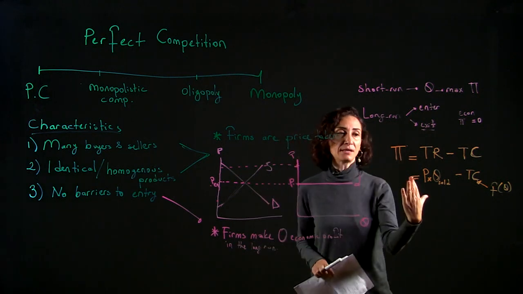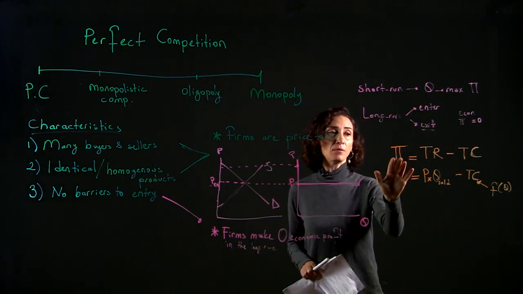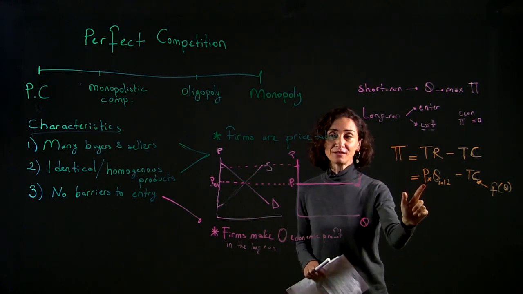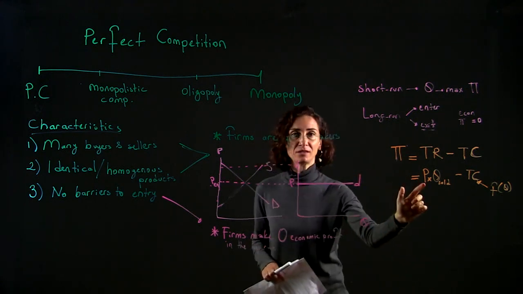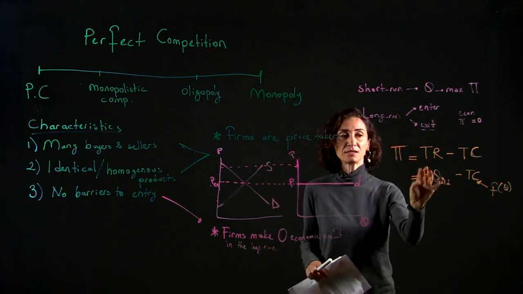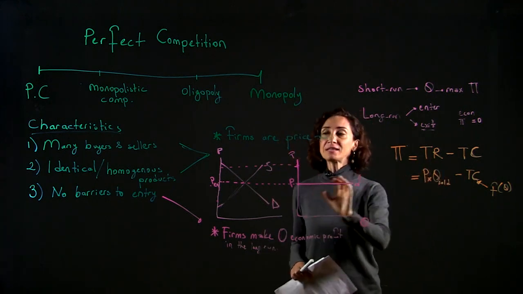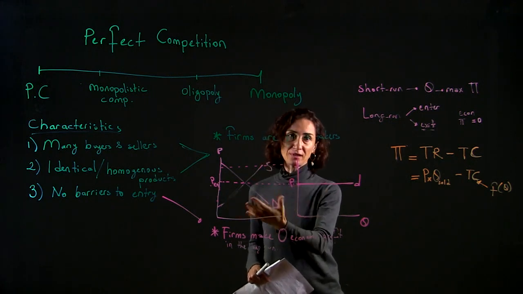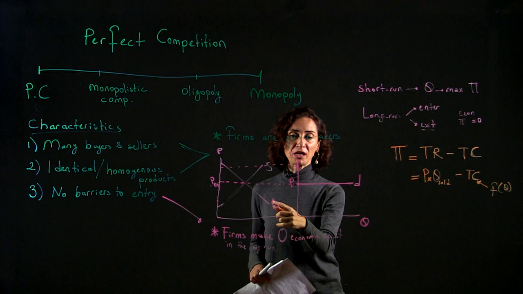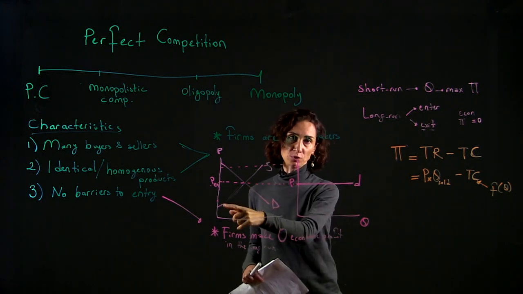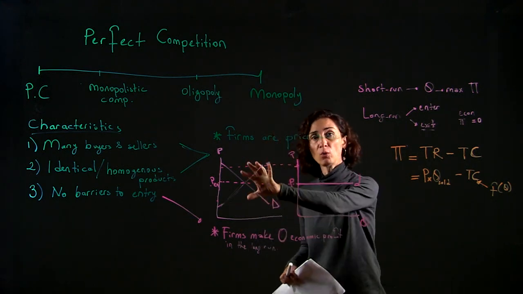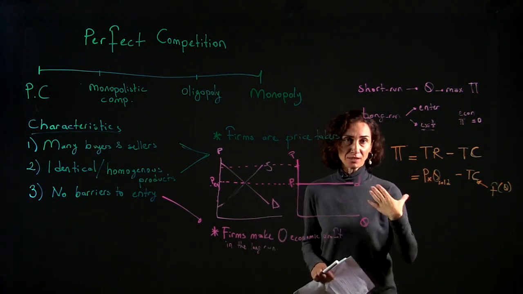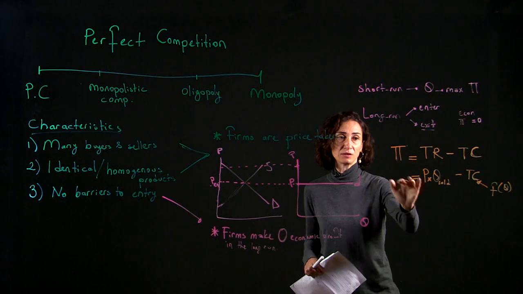So here is the thing. In perfectly competitive markets, this is given. It's coming from here. I know what it is. It is a number, a constant number, okay? That comes from demand and supply functions. In a problem, there would be an equation for demand, an equation for supply, and you can solve those equations to find this number, which as a firm, I have to take as given.